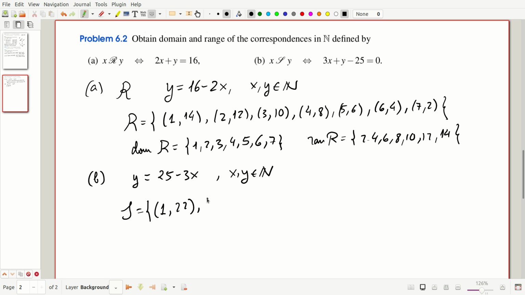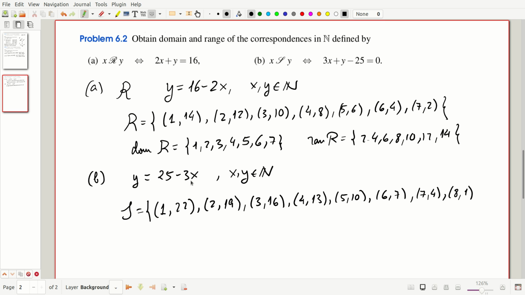then you have 2, and then you have 19, then you have 3, and then you have 16, 4 and 13, 5 and 10, 6 and 7, 7 and 4, 8 and 1, and of course if you put here a 9, 3 times 9 is 27,